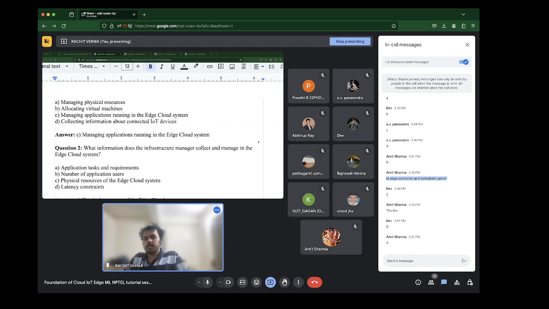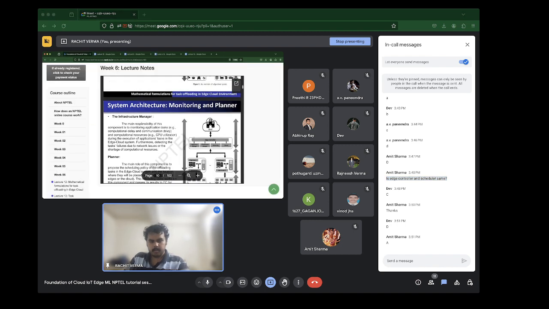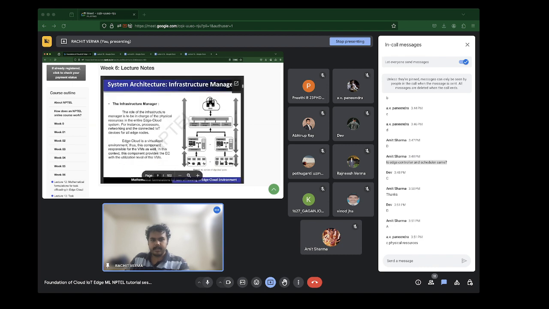If you look at your notes, it does monitor application tasks, definitely, during the execution of application tasks, and detects the task failures. Other than that, it is in charge of the physical resources in the entire edge cloud.